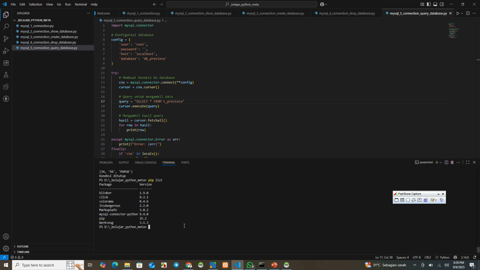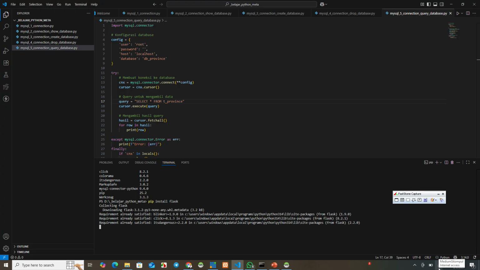There is no Flask here. The first thing we must do is install it. Pip install flask. This is a library or package of Python.